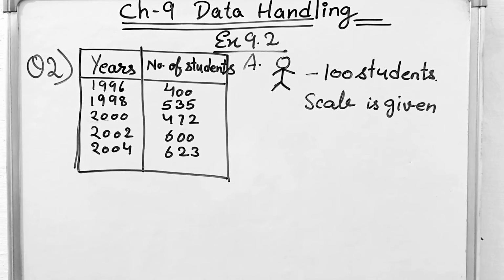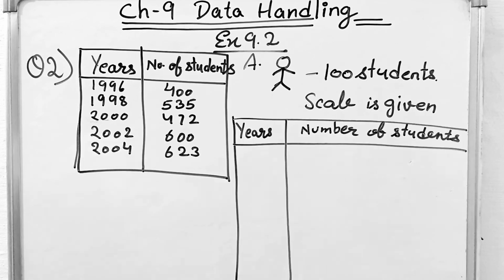And it is not always necessary that scale will be given in the question. Sometimes it happens that a scale is not given in the question. So at that time you can decide scale on your own. And symbol too you can choose by yourself if it is not given in the question. Here in this question, scale and symbol both are given, so we will be taking the same.